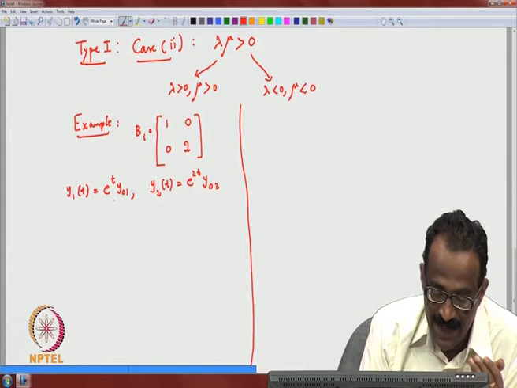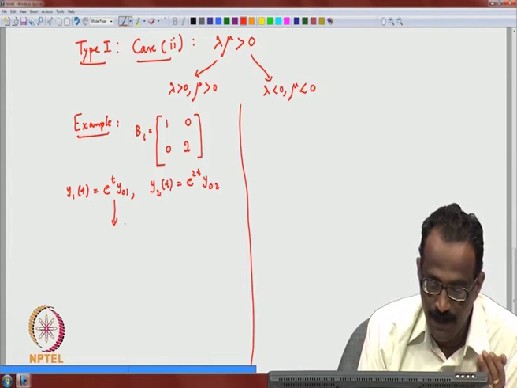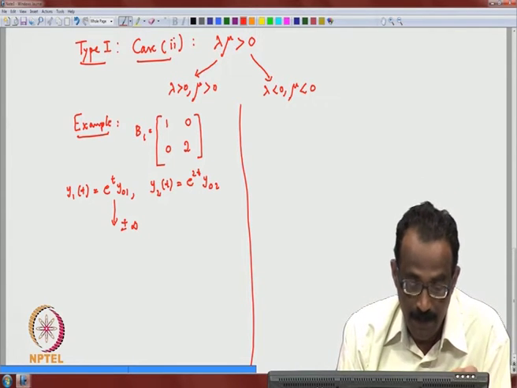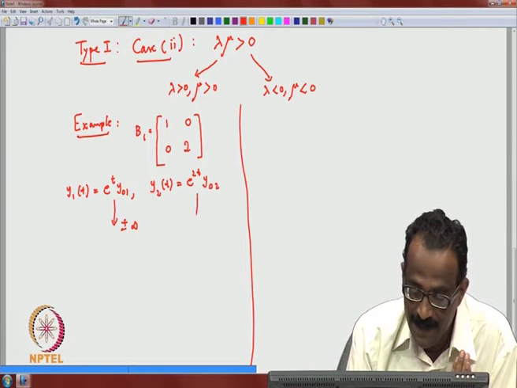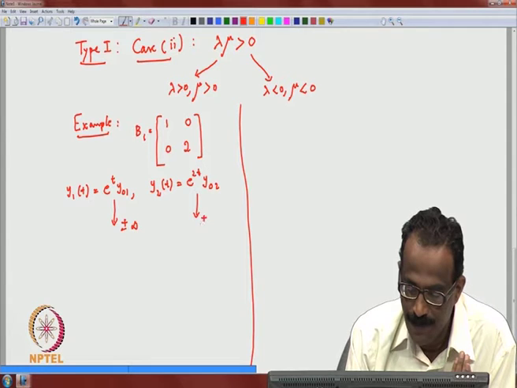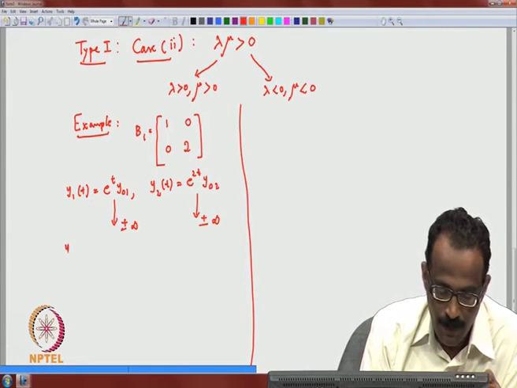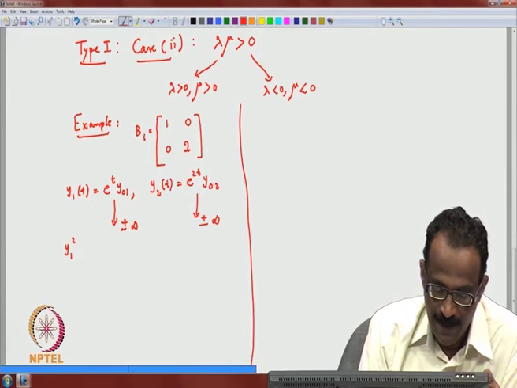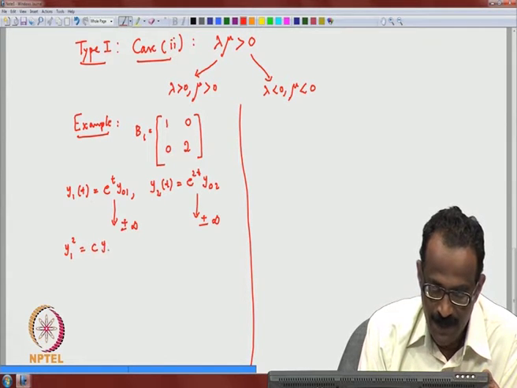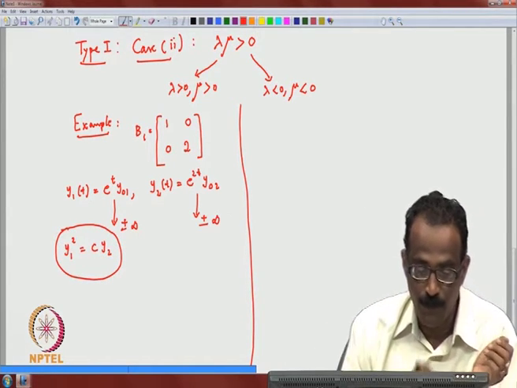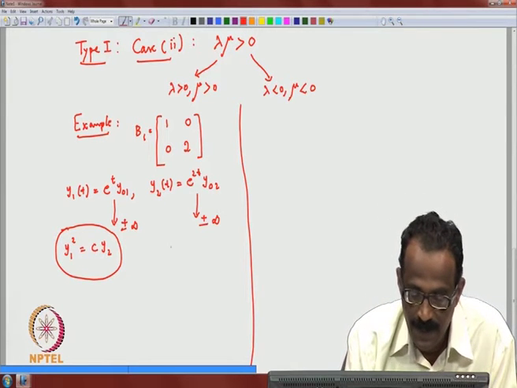In either case this will go to plus or minus infinity, because e^t, depending on the sign, will go to plus or minus infinity, and this will also go to plus infinity. Now, if you eliminate t here, your y1 squared will be a constant into y2. This is something like a parabola, you see. So, you have a parabola. If you plot this curve here,